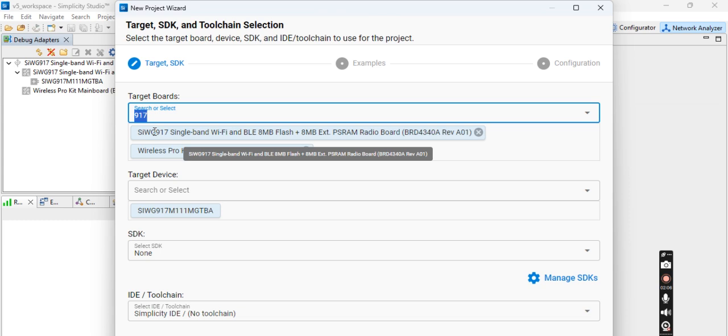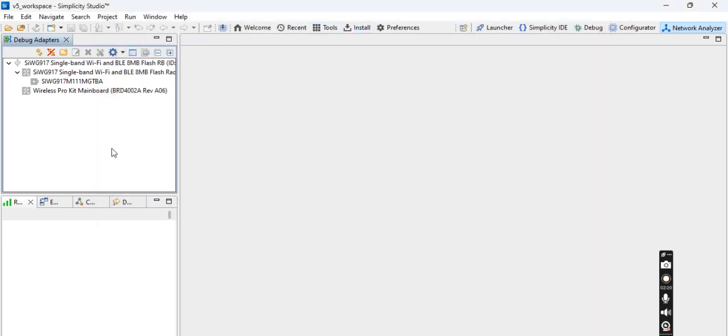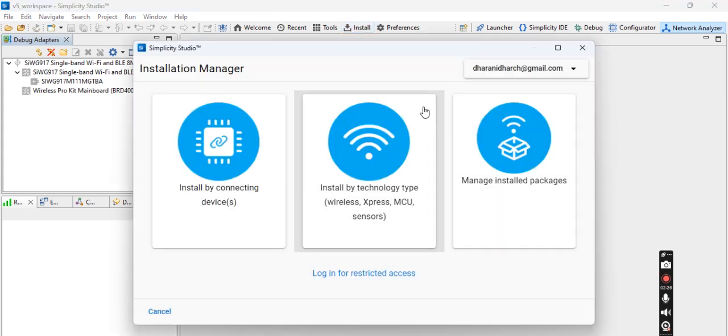If you are not seeing this board, the SIWG917 or this device, in your project wizard window, that means your Simplicity Studio might have to be updated. So for that, what you have to do is go to Install. Click on Install on the top here, and what you can do is install by connecting devices. You can do this, or